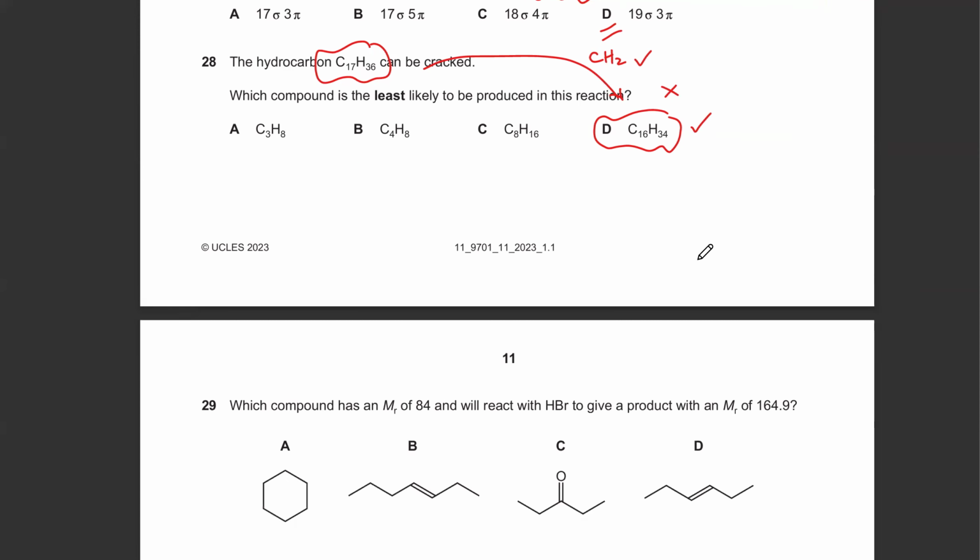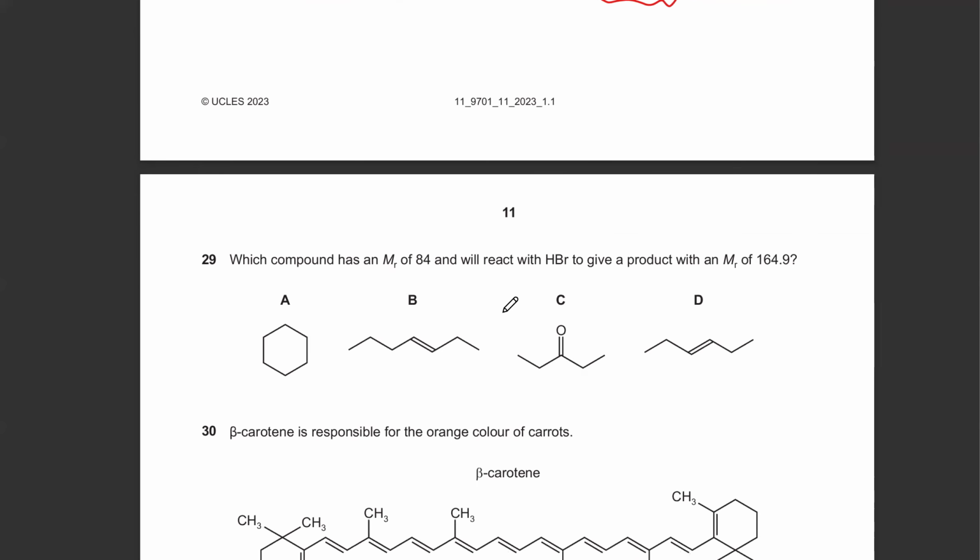Is this clear? Yes. Which compound has an MR of 84 and would react with HBr to give a product of MR 164.9? So I mean, these are all going to react with HBr except for the first one. Ketones don't react with HBr, right? So I guess you just have to figure out who's going to give you 164.9. For that, you would have to first figure out what the MR of this thing is. That's 1, 2, 3, 4, 5, 6 carbon atoms, and there are how many H's? There are 12 H's, right? It's an alkene. So the HBr is going to get added over here. So you add the HBr and find out what the